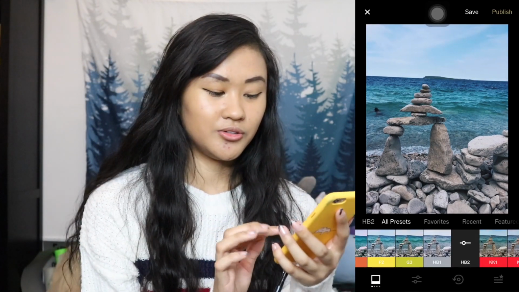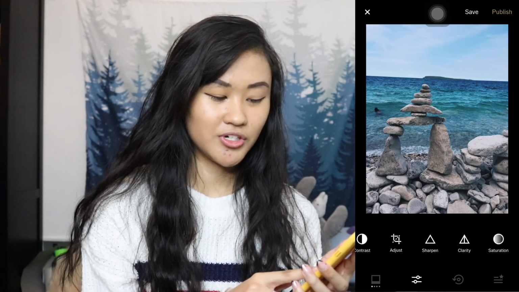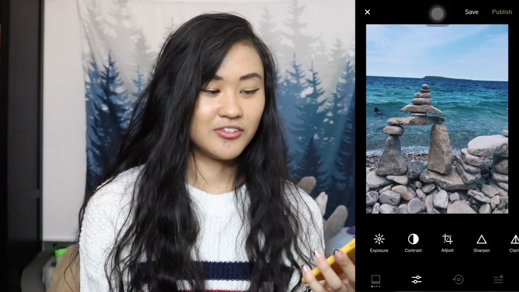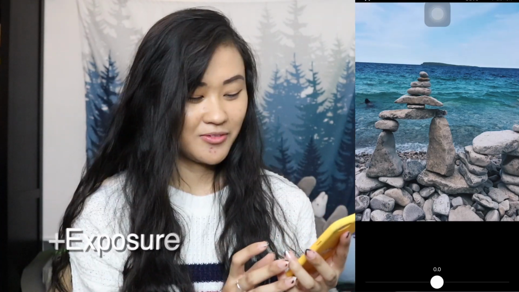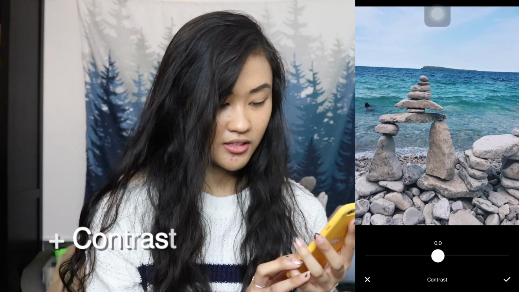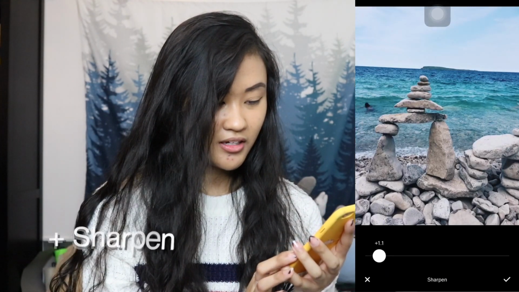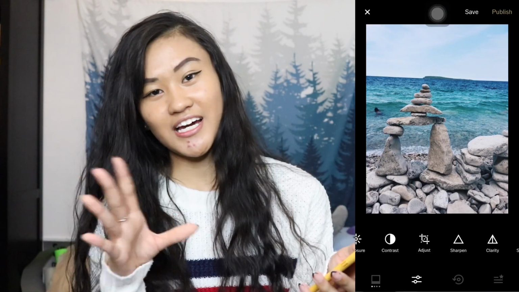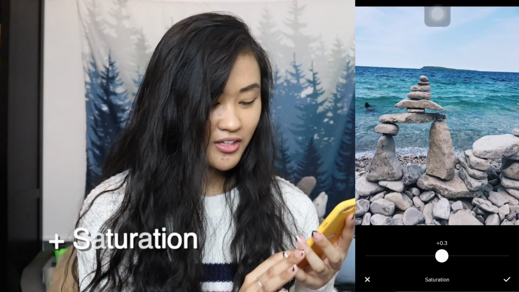And then we're going to go to the options. This is where we can edit exposure, contrast, clarity, and a lot of other stuff. We're going to go with exposure first. We're gonna click on that and go up a little bit, and then contrast, go up a little bit, and then Sharpen. This also helps with the texture of the rocks and everything and the texture of the water. We're gonna go up with the saturation,